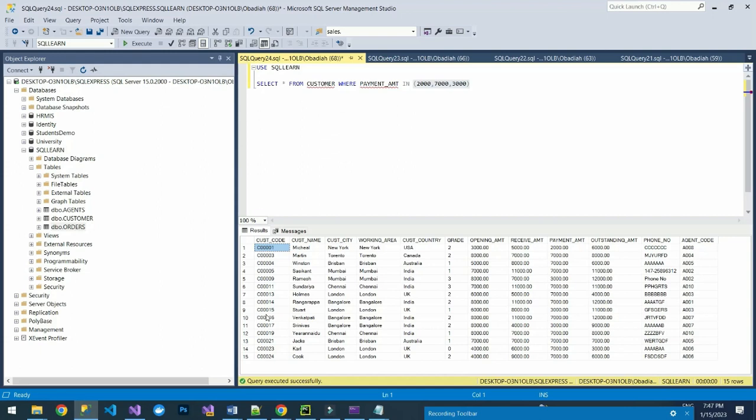We have the ascending and descending order. For example, you may want your table's rows to be arranged in ascending order based on either customer code, customer name, customer city, or even the payment amount. So when you select this, you say where payment amount is in that way, and you can say order